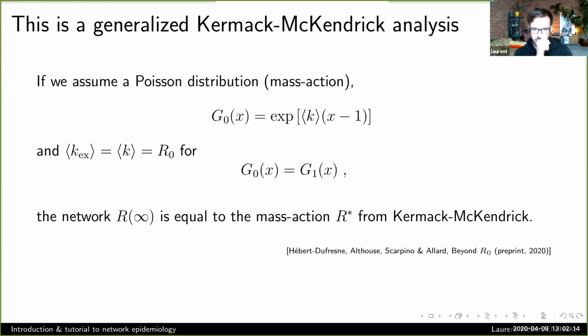In our recent preprint, we also show if we assume a Poisson distribution, which is the mass action, we very easily fall back on Kermack-McKendrick. So again, this network model looks different, but it's not something that exists in a completely different universe. It's the generalization of the Kermack-McKendrick analysis, which is useful to have if you know something about the heterogeneity. So we know we're grounded in classic results. And if we do have information about the full distribution of secondary cases, then we can use this. If we don't, maybe we're better off with Kermack-McKendrick.